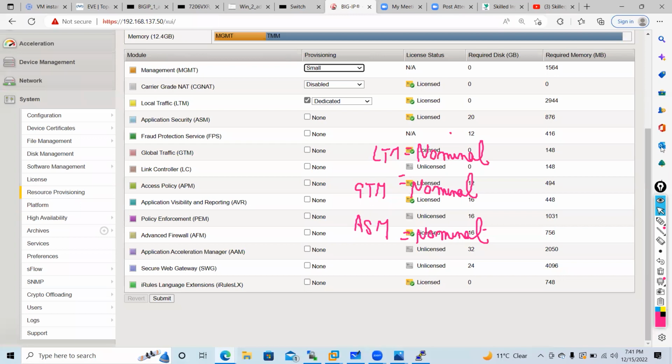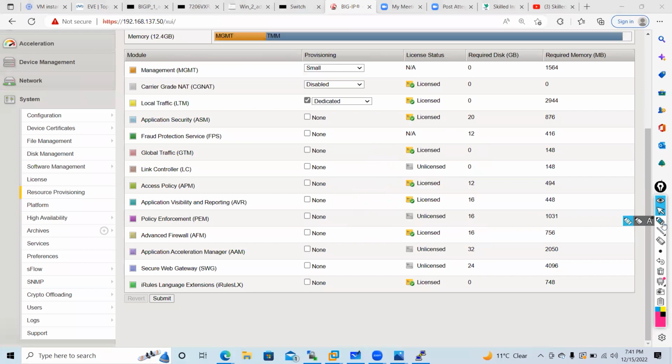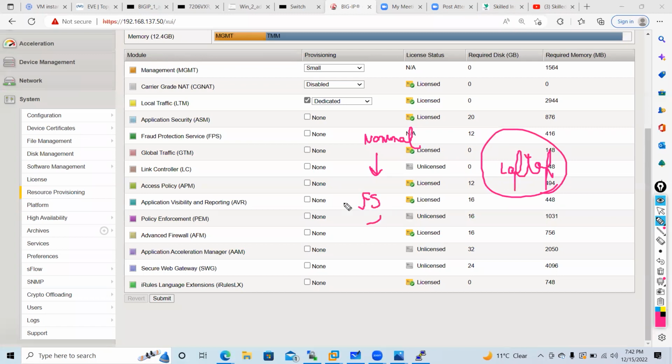If you can't allocate more memory for LTM and less for another module, then you need to reprovision it. It will cause an outage, and in production I would not recommend it. That is why I'm giving nominal, where it allocates dynamically. Let's say you have a laptop. In a laptop you can extend it, it's easy. In VMware, you can allocate, that's not an issue. But if it's a hardware box, then it's very difficult, which we don't suggest.